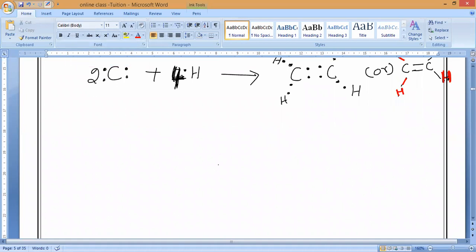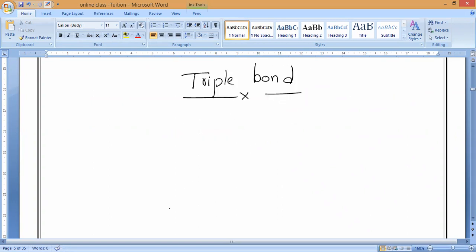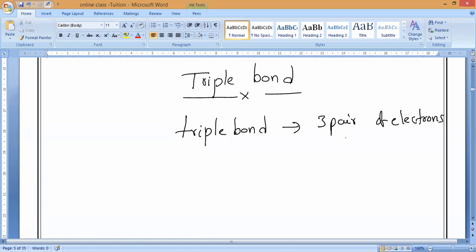Now let us go for the triple bond. What is this? Triple bond. So now you should tell me, triple bond means how many electrons will be involved? Three pairs of electrons. Six electrons. Understanding? So totally three pairs of electrons. 3 pairs of electrons means how many electrons? 6, sir. Each pair means two, which equals 6 electrons.